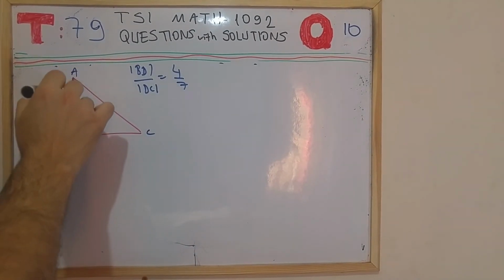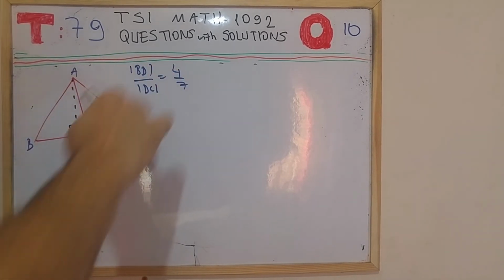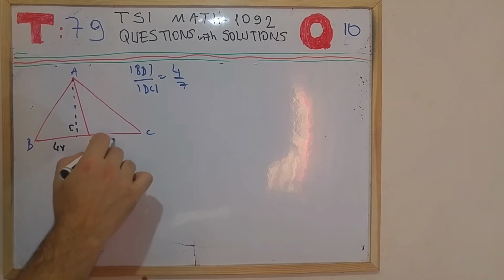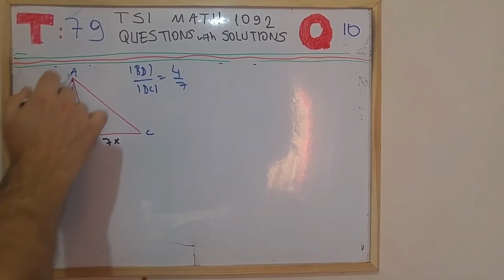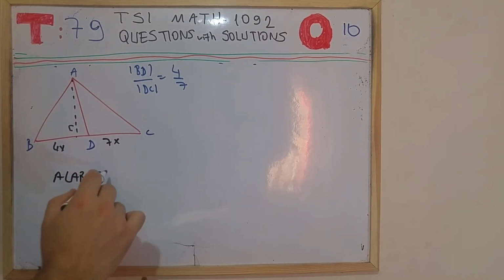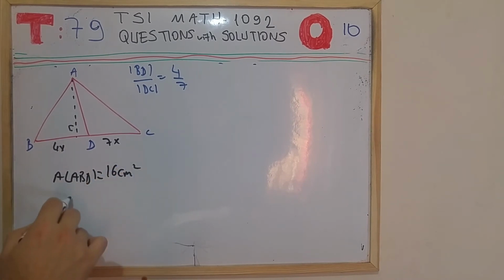Let's draw an imaginary height again here. And we know that BD over DC is equal to 4 over 7. So I can call here as 4x and here as 7x. I know that the area of the triangle ABD is given as 16 square centimeters. And they're asking me the area of